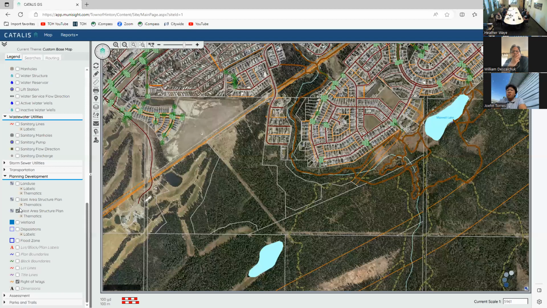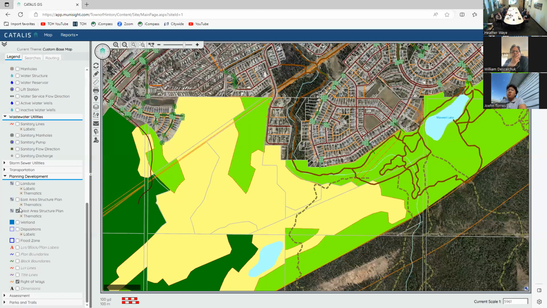So the West Area Structure Plan looks like that as it fills in. And you can see that it goes right over the whole boardwalk area. That's because when they decide the area that it's going to cover, they cover the whole area, even if they have no plans to ever develop any area. An area structure plan is a very high level document. The purpose of an area structure plan is to tell property owners and the community, hey, as we develop, this is what we're going to allow in these general areas. And then as people bring their plans forward, if it doesn't